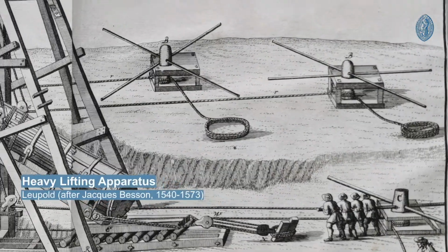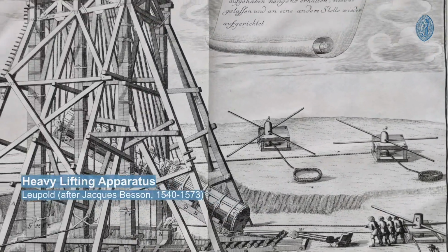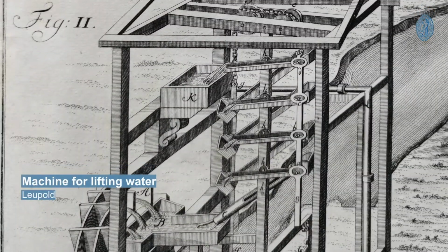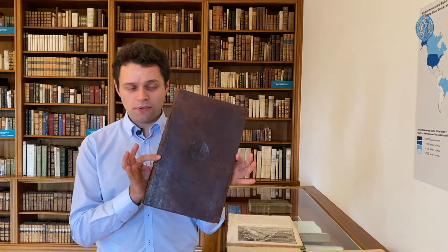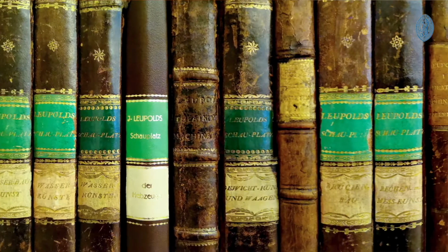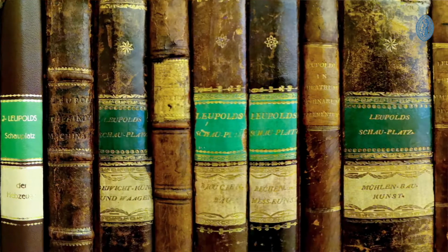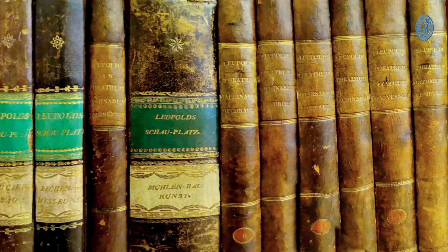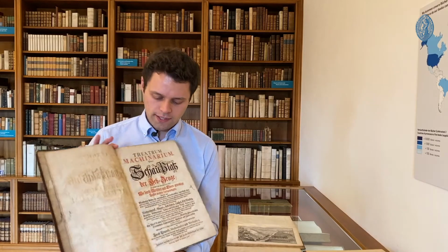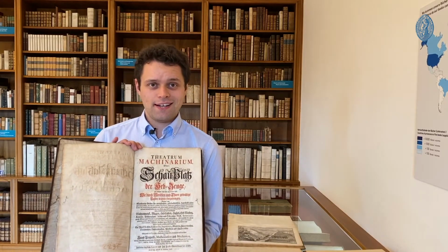And utilising his knowledge of mathematics and physics to modify existing inventions or else create new ones, Leupold realised and noticed that there was a proliferation of particularly poor literature and poor designs in the field. And so to correct this, he came up with this series of books. Within his lifetime, so between 1724 and 1727, 7 volumes of this were produced. And Theatrum Machinarum, or the Showplace for Technology, as it became known,